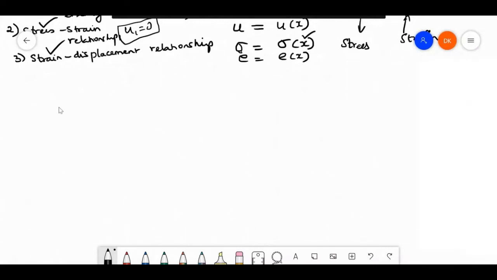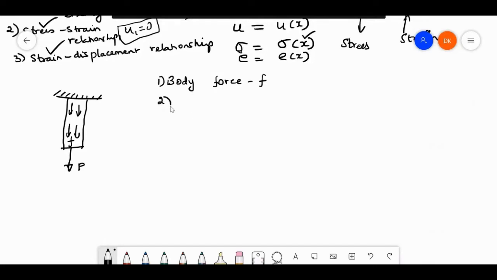If I have a rod like this hanging, the top end is fixed, and I am applying the load here, P. What are all the forces available here? One is with respect to self weight and density. With respect to the self weight, there will be a body force within the rod. So this is called F. So one is body force F.